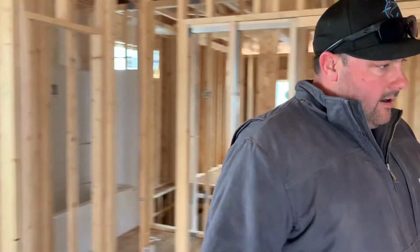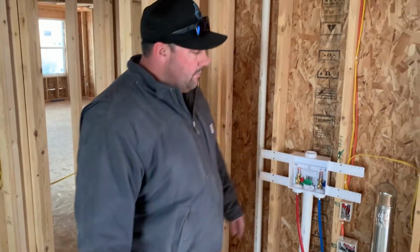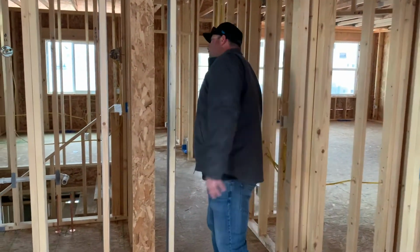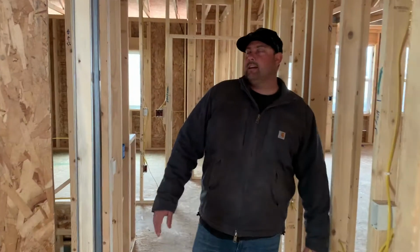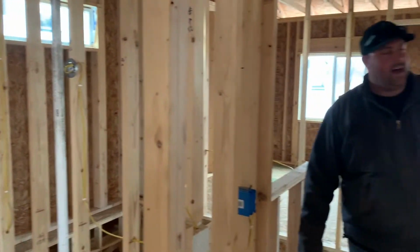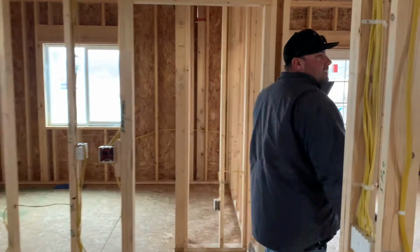These are your washer dryer hookups. They're gonna have a big fridge freezer in here as far as that goes. So if you want to keep coming through here will be a pocket door that goes through here. Your first bathroom on the main here. This house has an upstairs and then a walkout basement on it. So